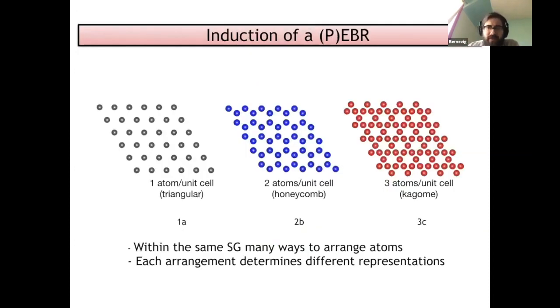So how do we classify all the atomic limits? Well, I don't have time to go through details, but this is actually a mathematically precise statement, which is representation induction. And what you do is, roughly, you start with a set of symmetry groups. So for example, many ways of rearranging the atoms here. You have three ways that have the same symmetry group: the triangular, the honeycomb, and the Kagome lattice. And they have the same symmetry group, but there's three different ways of arranging the atoms, which represent basically three different Wyckoff positions at which we put the atoms.